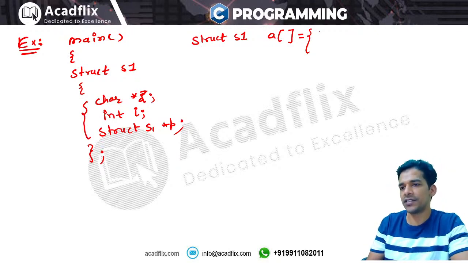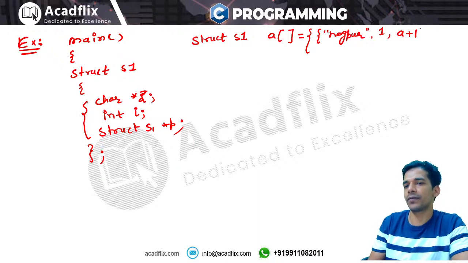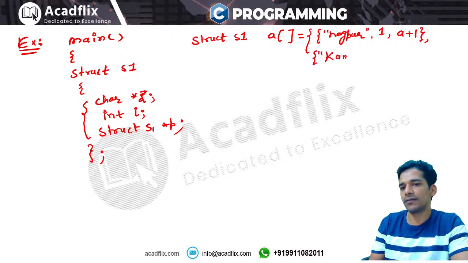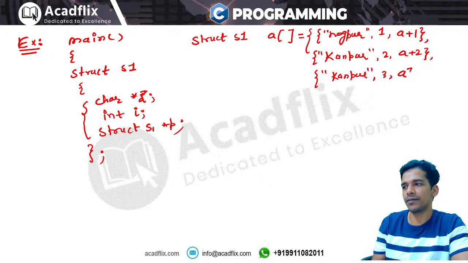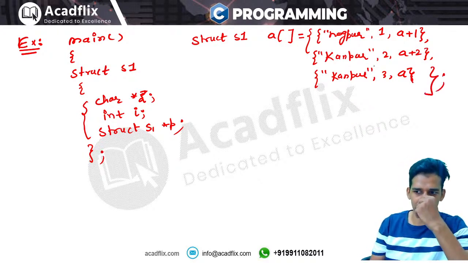So for example, the first structure is Nagpur, let us say Nagpur, 1, let us say a plus 1, right? And then the second one is Raipur, 2, a plus 2, right? The third structure is Kanpur, 3, a. Okay, so this is your array in which we have 3 structures, because this is the array of